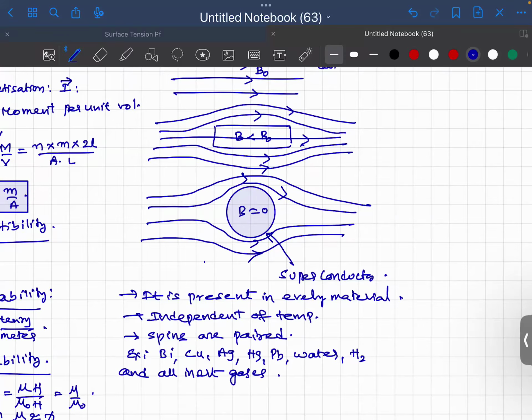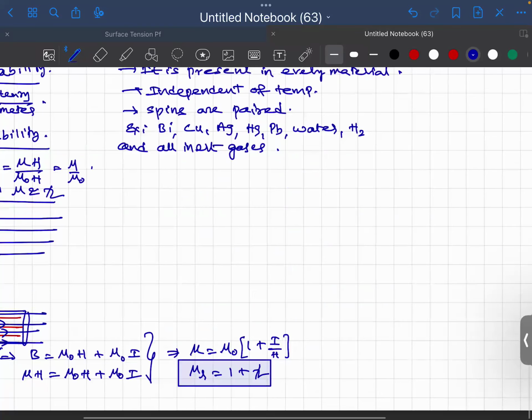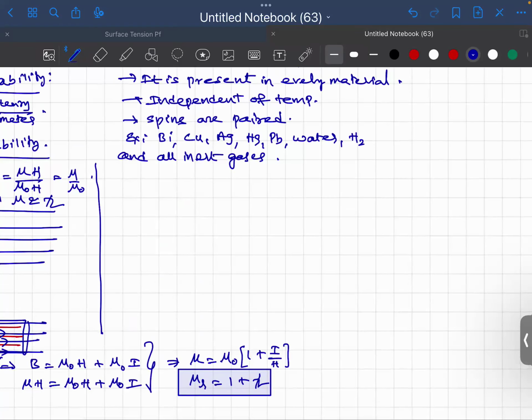So how to identify the property called diamagnetic? Simple. They will have paired spins, it's a universal property, and there is no effect of temperature. And last but not the least, when you place a diamagnetic material in a magnetic field, magnetization does take place, but very weak, that too in